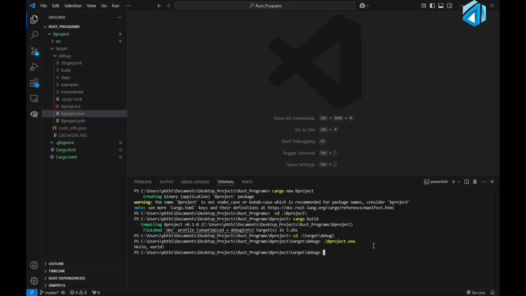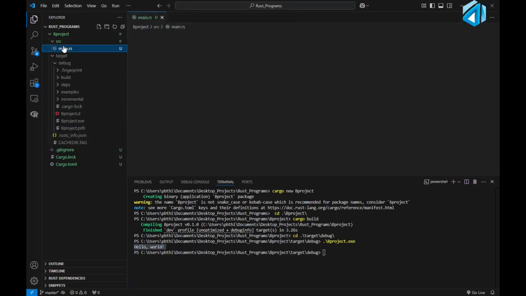If we press enter, you can see we have our output as hello world. So if we go to source and main.rs, you can see we have already written hello world here. So we can change hello world to Python. If we write this and just save it, Ctrl S to save it, we cannot build directly from here, right? We do cd dot dot slash dot dot, and we are under the B project again, and we need to cargo build,